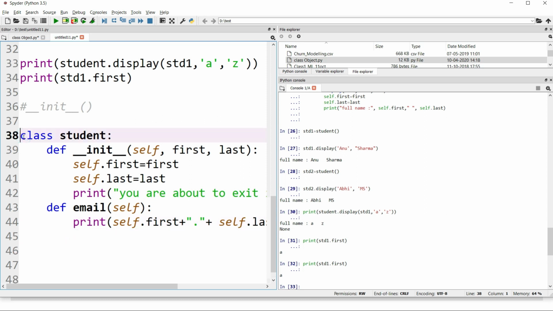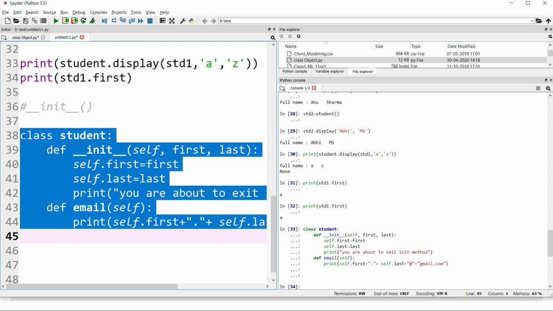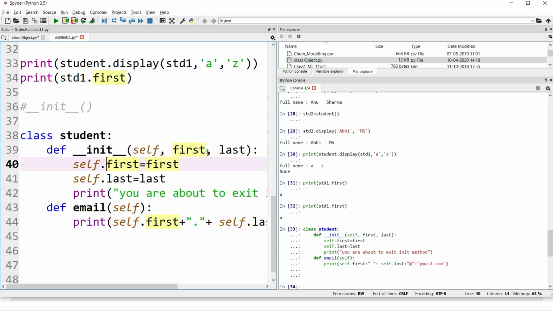Now let's first run the class. Here I am trying to call an init function which will be automatically executed whenever I create the object. That init function will take two variables, the first name and last name. It will then initialize the instance variables, first and last, with the values which you pass to it. If you have any confusion in these two variable names, first and first, let's do it like this: fname and lname. I'm passing two values, first name and last name, and here are two instance variables, first and last, which store the values fname and lname.